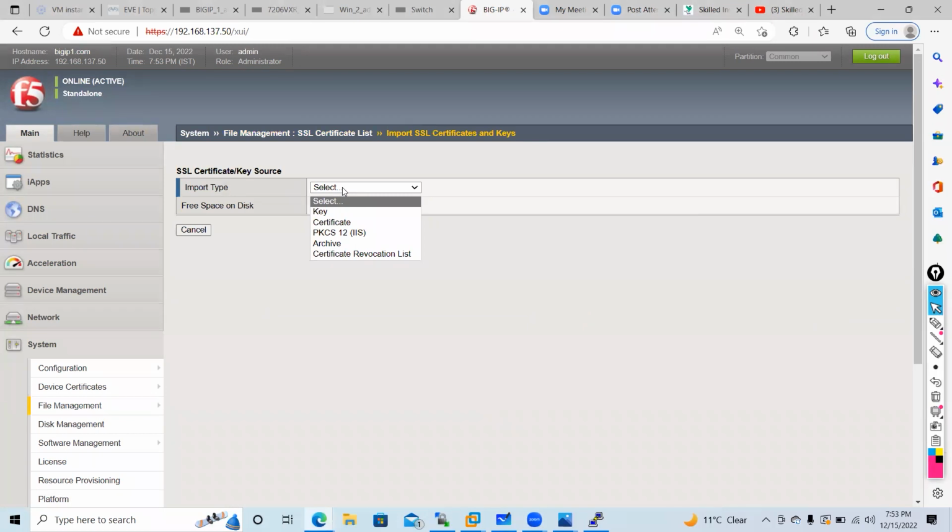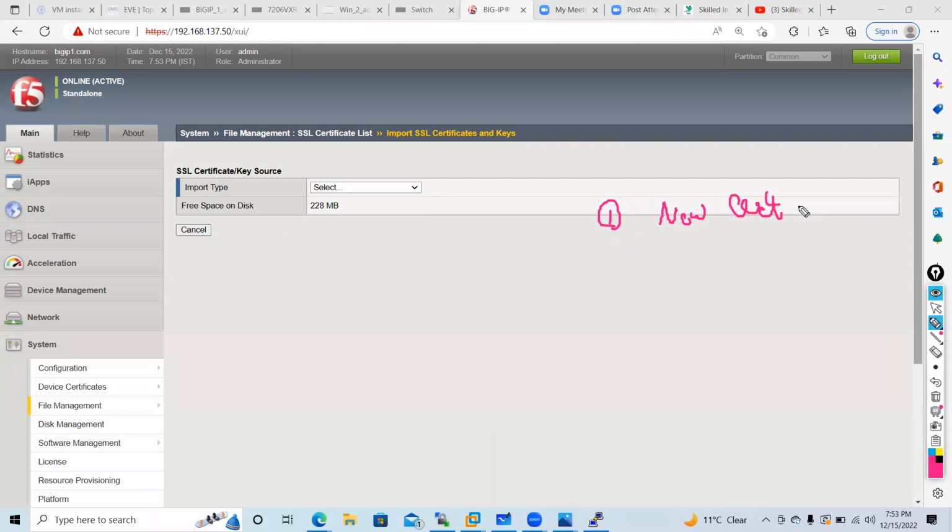Just hold on. Now I uploaded the certificate and key. After that, where do I need to go? I have obtained a new cert and key. Just let me write a step. I got a new cert and key. Now I uploaded it. But now where do I need to go?